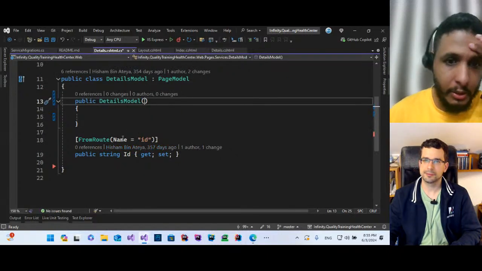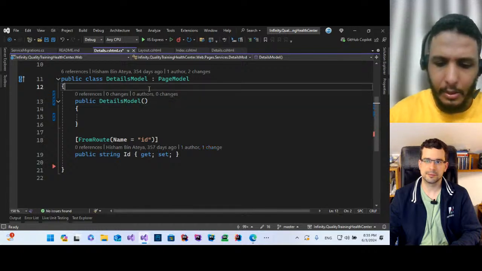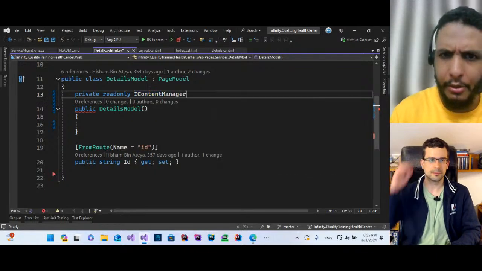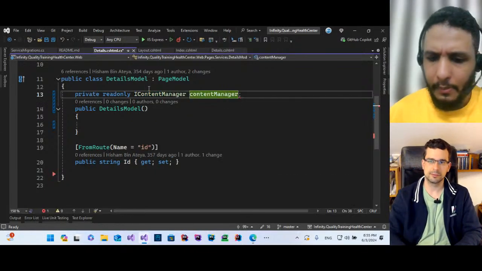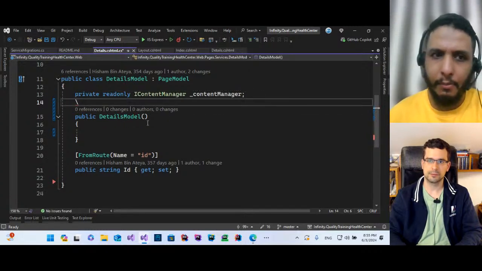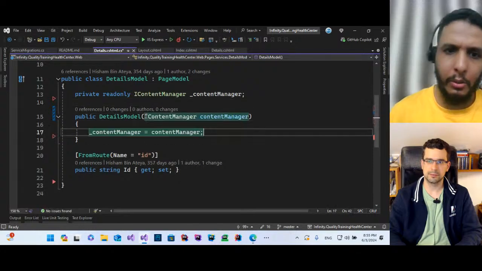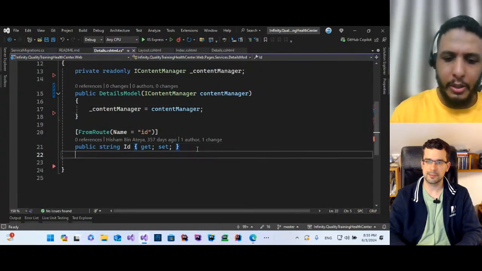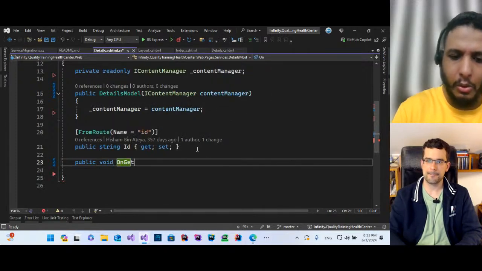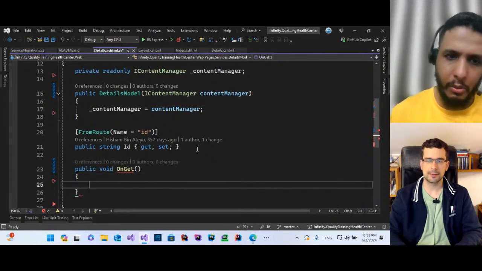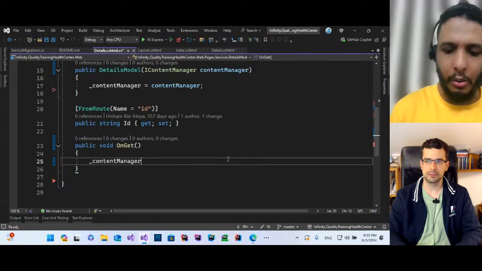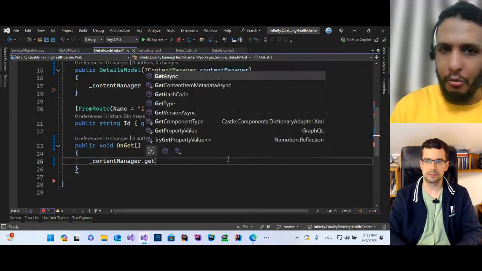What else? Private read only content. I think manager. We need a content manager here. Content manager. So in the onGet, when the request comes in on this page, we need to tell the content manager, please